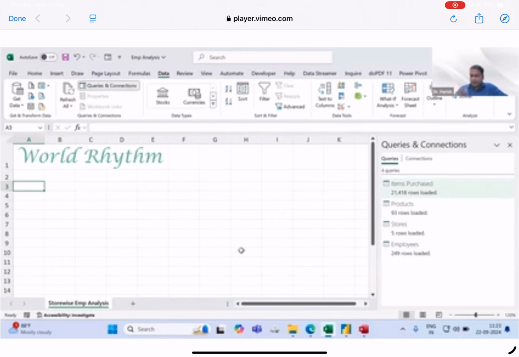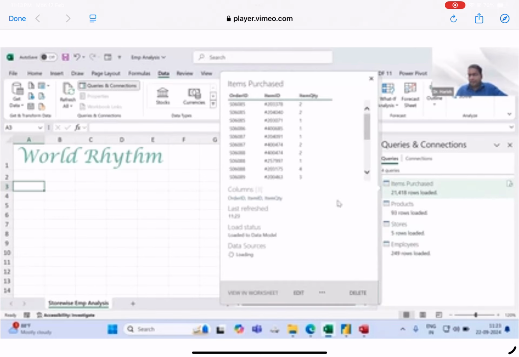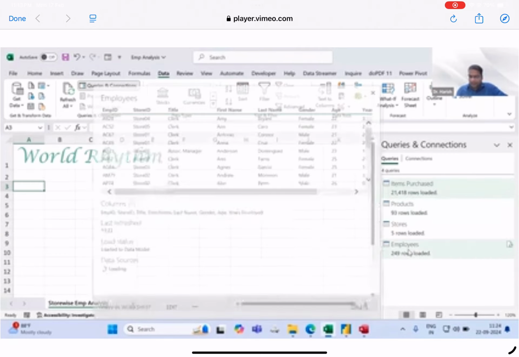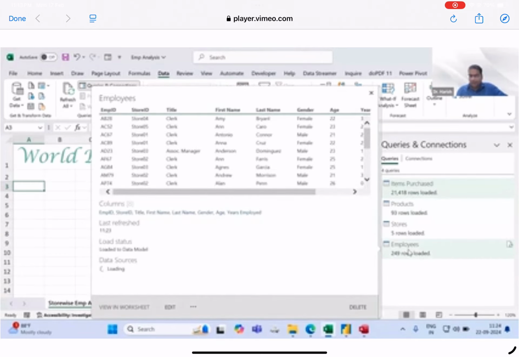Right? See, now if you hover your mouse on any particular table, it will open edit and it will open the Power Query window to transform, to modify and so on. Another one here is, if I click on this employee table, all the details are getting here, but still,